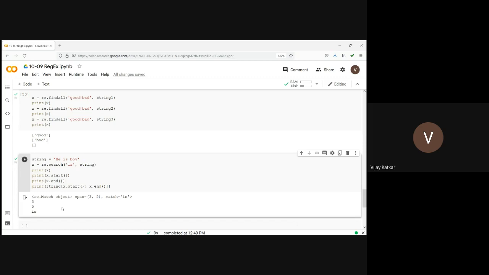It means that if I want to extract it, I need to start from location 3 and end at location 5. And when I say 5, it's a termination criterion. Okay, so I can extract it also. It's not a big deal. So this is how we can use search. This is not the end of search. There are many variations, like we saw many variations in findall. There are many variations in search also. So we'll go through those variations one by one.